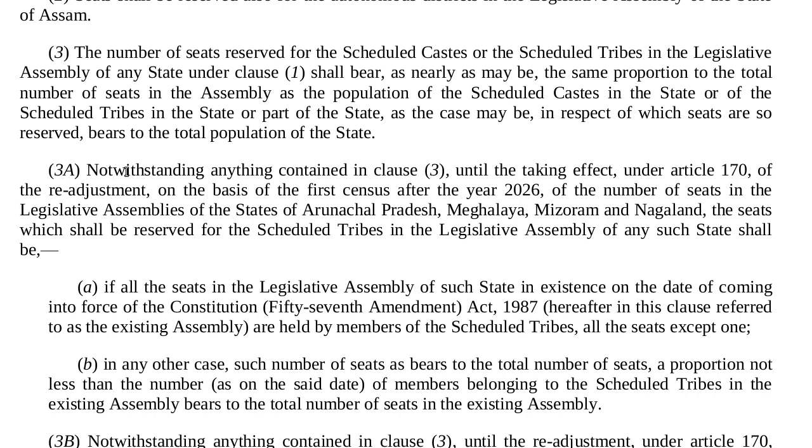3A. Notwithstanding anything contained in clause 3, until the taking effect under article 170 of the readjustment, on the basis of the first census after the year 2026, of the number of seats in the legislative assemblies of the states of Arunachal Pradesh, Meghalaya, Mizoram and Nagaland, the seats which shall be reserved for scheduled tribes in the legislative assembly of any such state shall be: